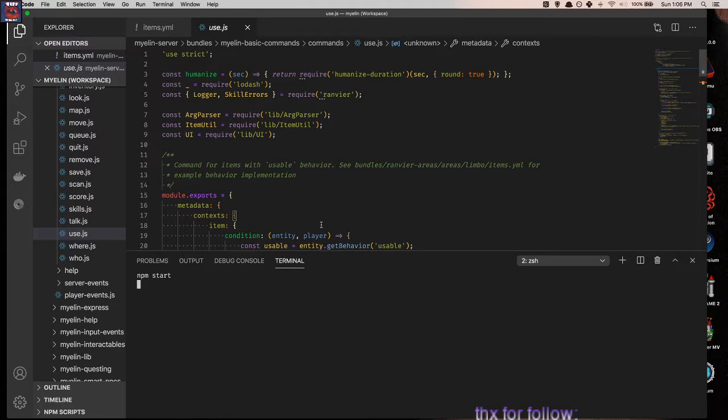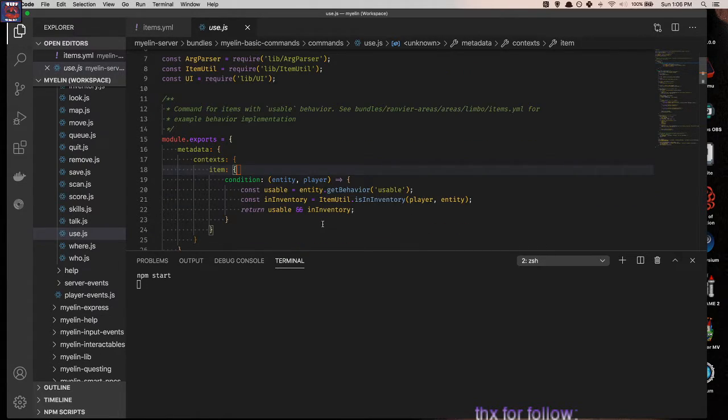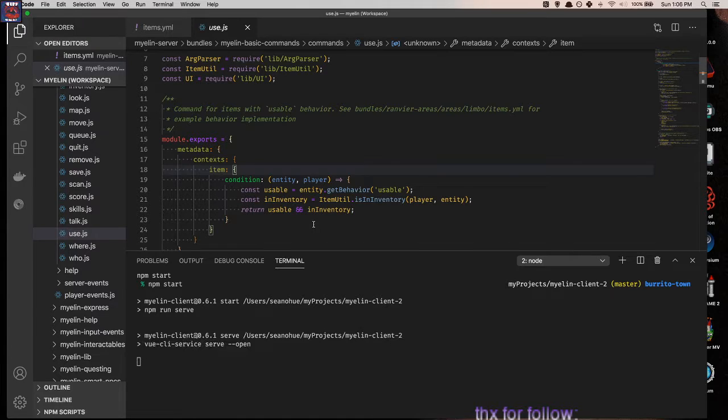So we want to give the player basically like a context menu when they look at an item, and that gives them the commands that are possible to use on that item, so that you don't have to remember and type in all the commands and potentially type in a command and not have it be valid, stuff like that, so that it's playable with mouse or keyboard and with keyboard shortcuts, and not so much typed commands